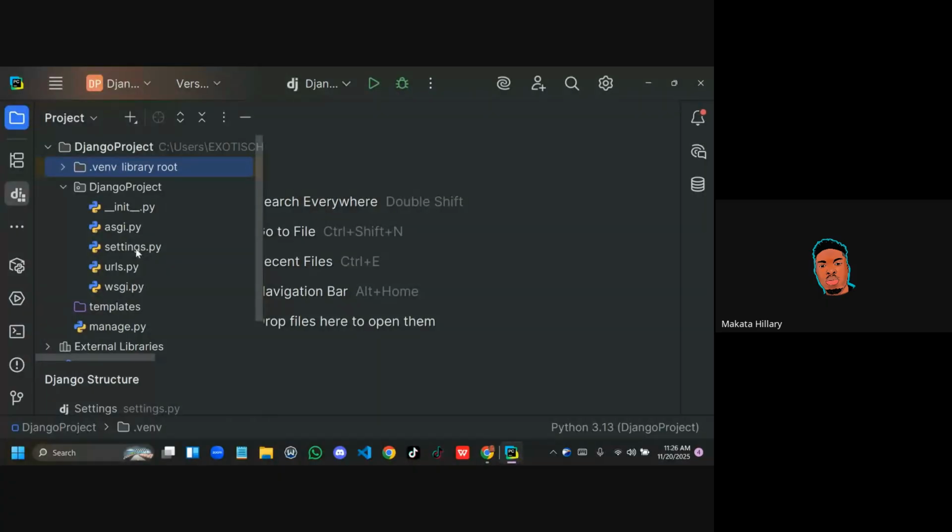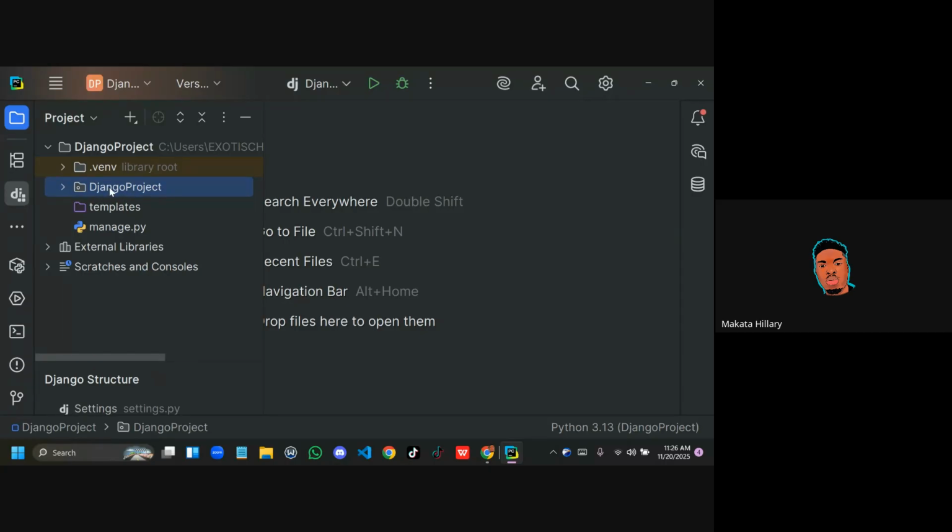In this root folder, this is where most of the actions will be happening. No matter the app you create, okay, we'll get to app creation, but it will create this project for you. Then templates. Template is where you will be creating all your HTML files and the rest. And then this manage.py, it's created there, is like the powerhouse of our